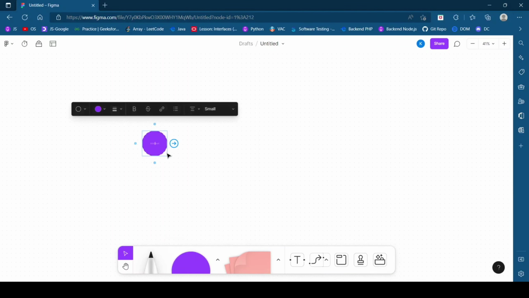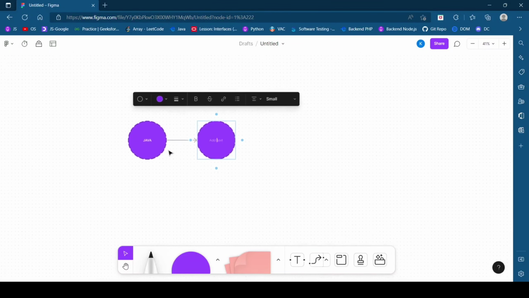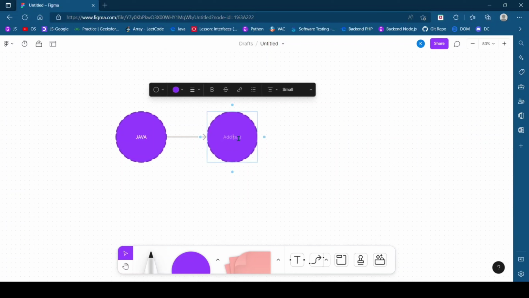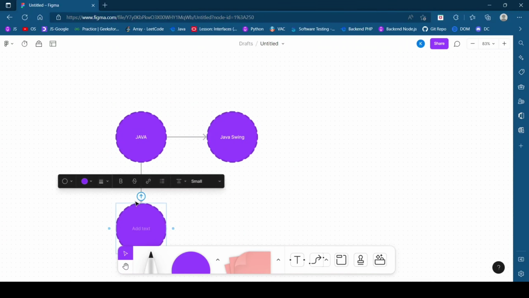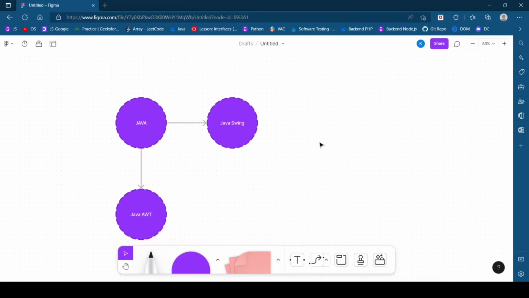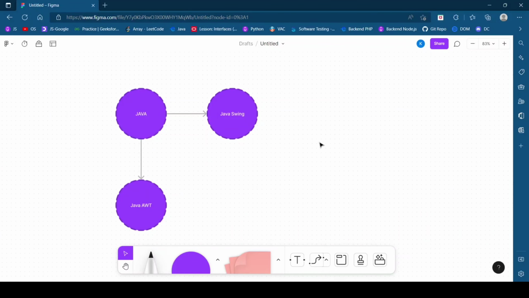AWT. The first thing that we have is the Java language. It has two parts, so two libraries will be used. The first one is Java Swing, and the second one is Java AWT. Those who don't know what Java Swing and Java AWT are, I would like to describe this